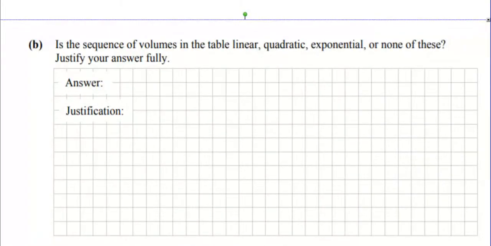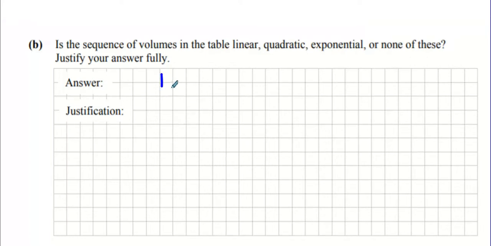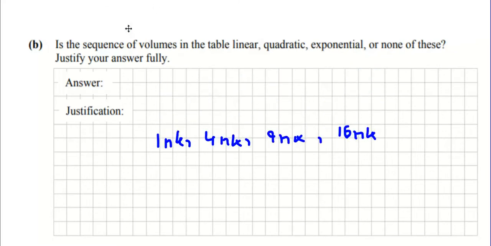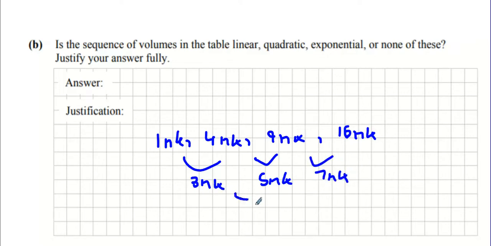Now, 11b. Is the sequence of the volumes in the table linear, quadratic, or exponential, or none of these? Give your answer. Okay, so it's 1 pi k, 4 pi k, 9 pi k, and 16 pi k. You can probably stop at that stage. The first differences are 3 pi k, 5 pi k, and 7 pi k. Then the second differences are 2 pi k